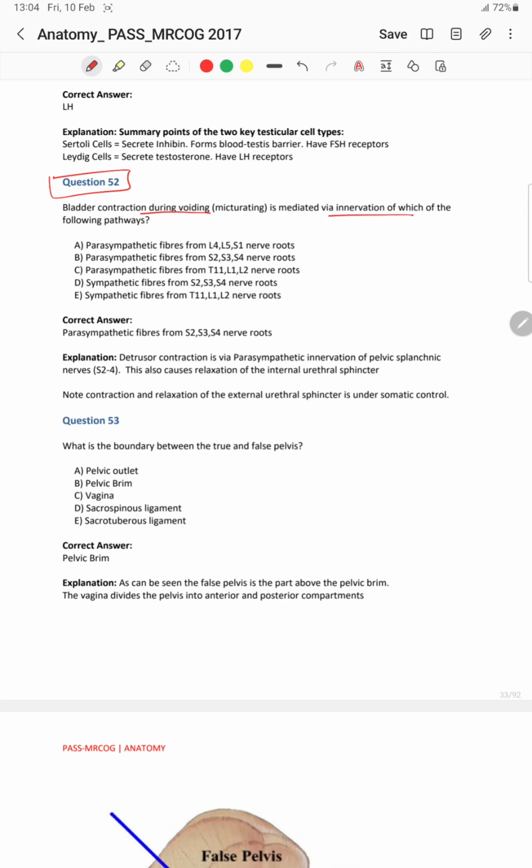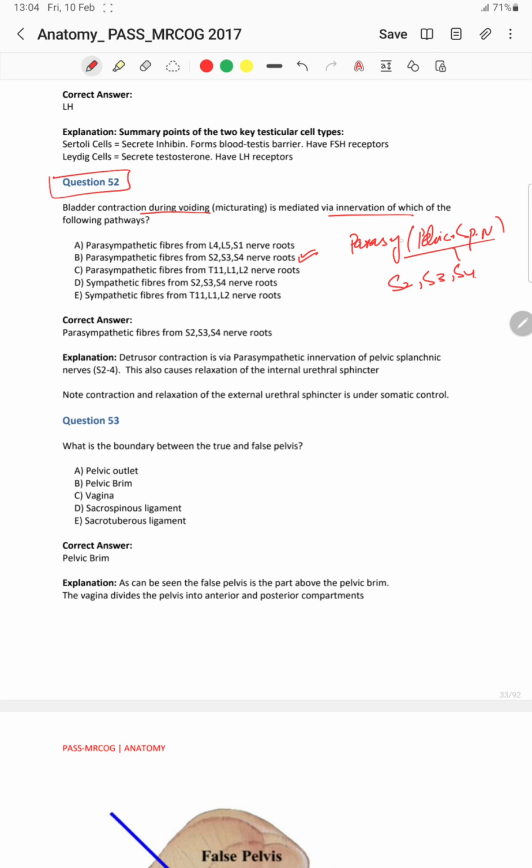pathways? The correct answer is parasympathetic fibers from S2, S3, and S4 nerve root. The detrusor contraction is via the parasympathetic. The detrusor contraction, which leads to the micturition, is via the parasympathetic innervation, which is the innervation from the pelvic splanchnic nerve. The pelvic splanchnic nerve has the root of S2, S3, and S4. So option B, the parasympathetic fibers from the S2, S3, and S4 nerve roots, is the